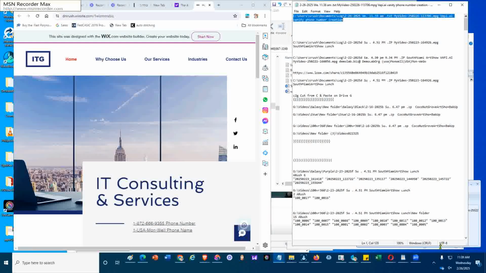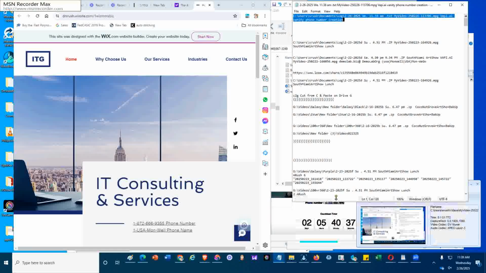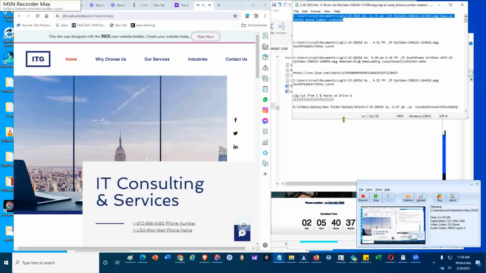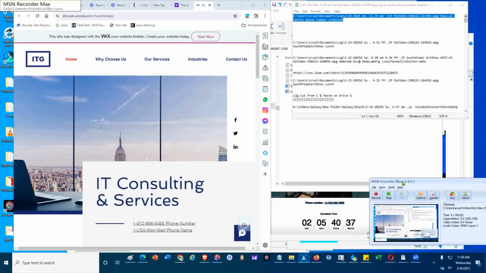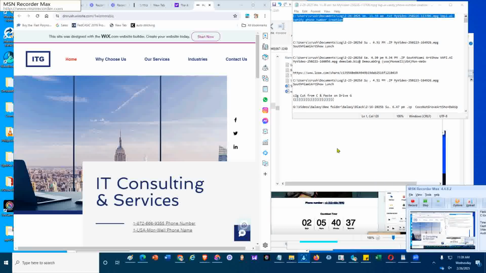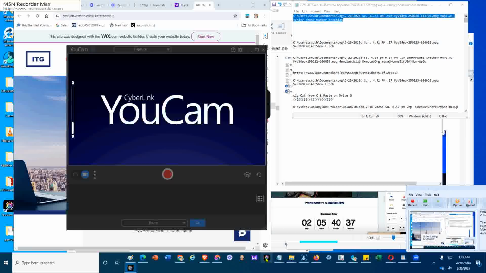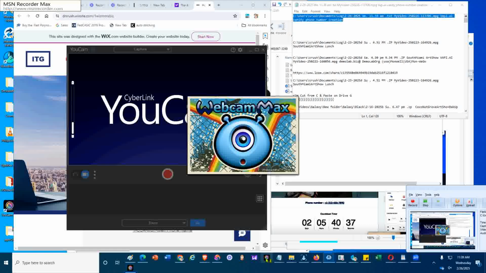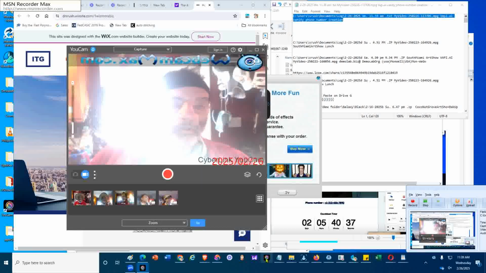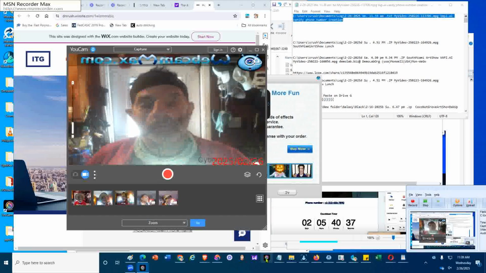In addition to that, I want to record from other devices. I'm going to make this notepad a little smaller so we can expose the MSN Recorder Max that's working in the corner here. And I'd like to see whether I can get the 360 camera to work also. So I double click the UCam, Cyberlink UCam, and see whether I can rotate the camera